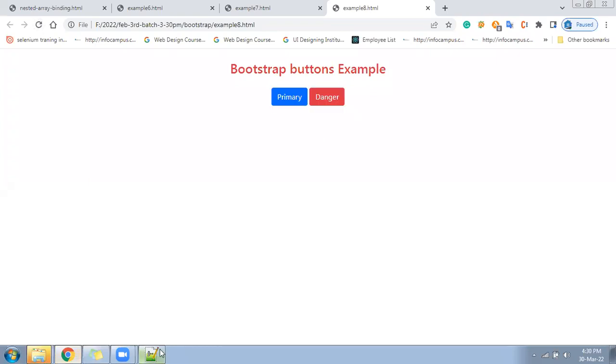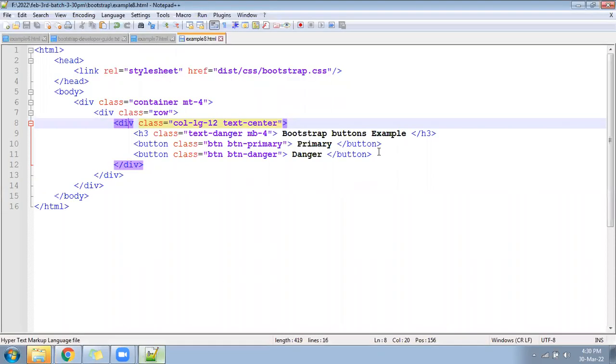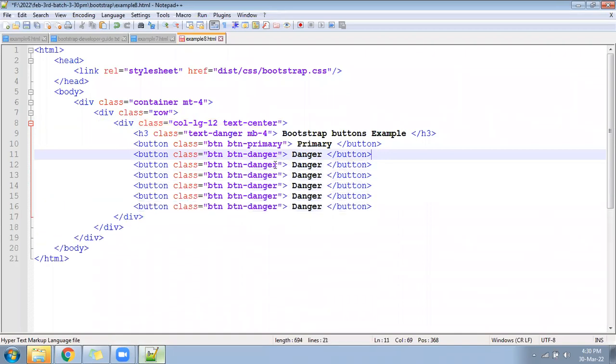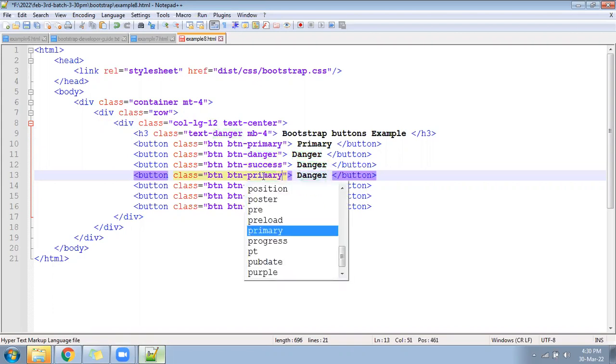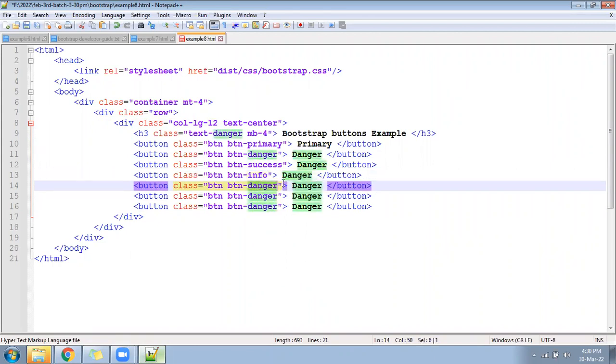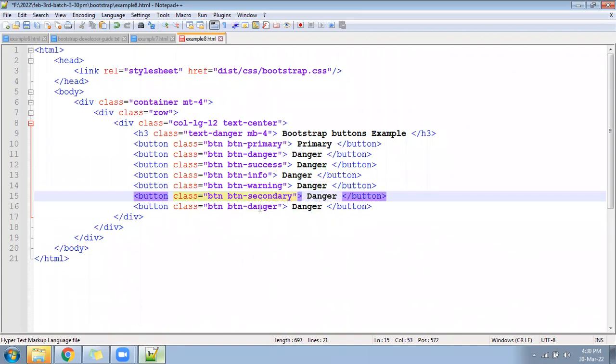Something like this. Now, how many button classes do we have? We can add all: danger, success, info, warning, everything we can add here and change the class name. The class names are simple only. We can remember easily. It should be info, it should be called warning, it should be called secondary, it should be called dark.